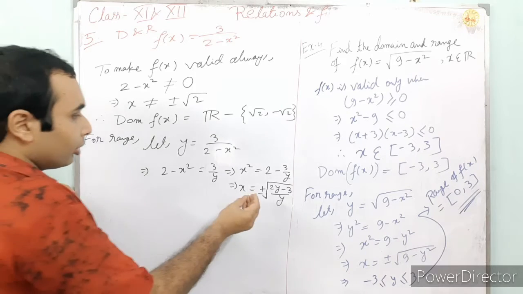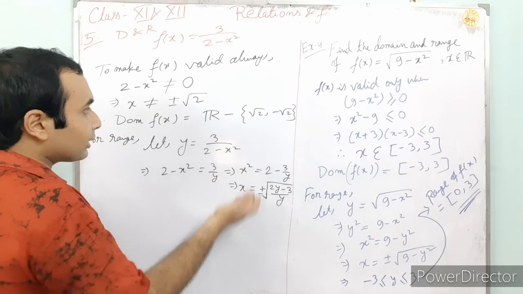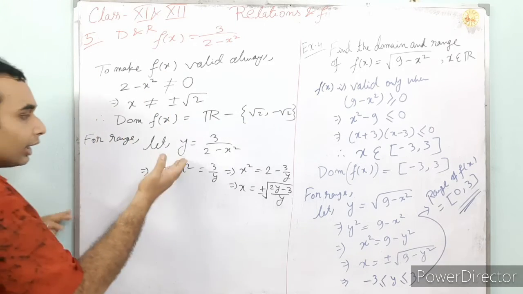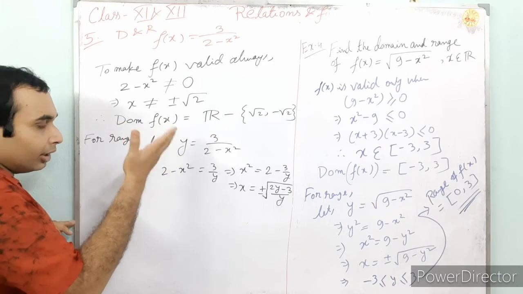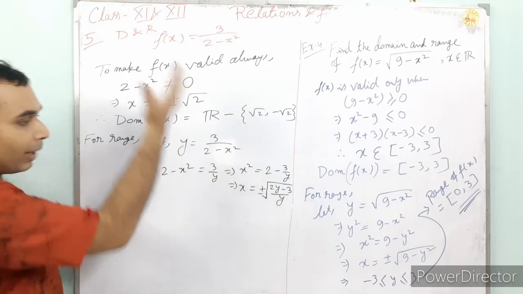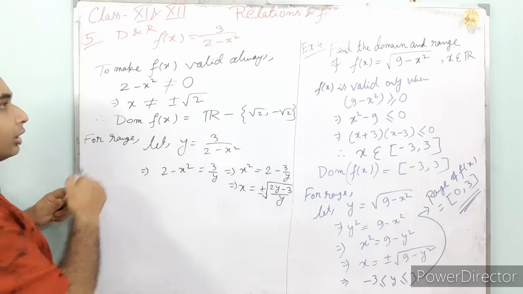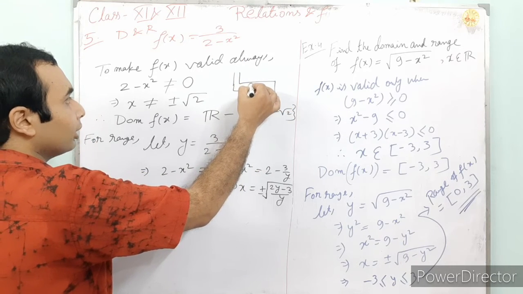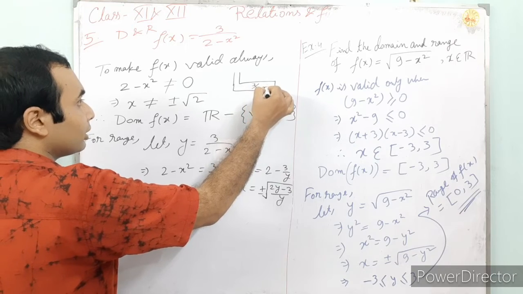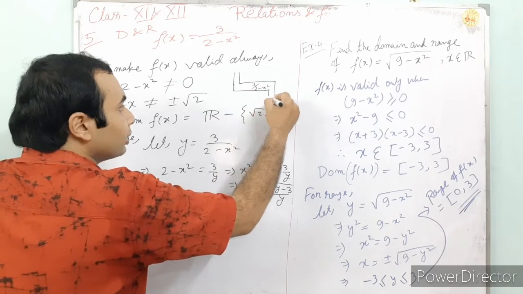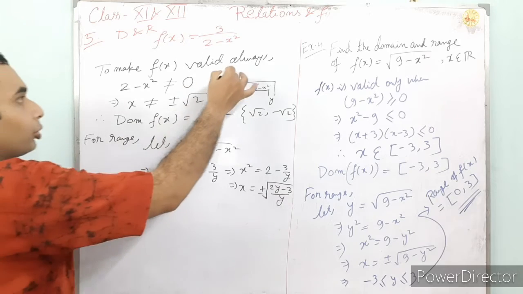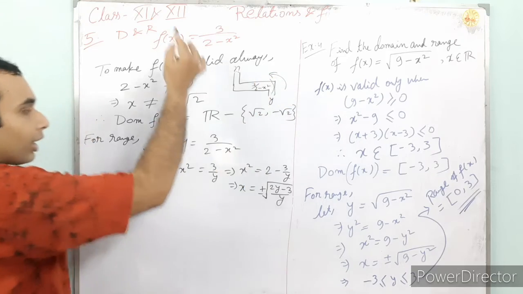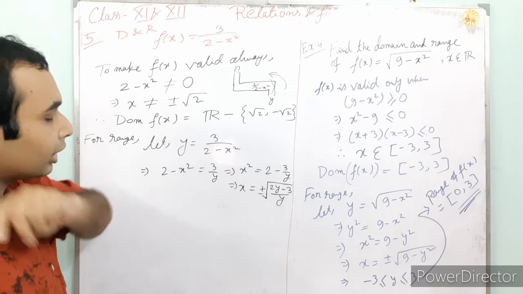Actually, what we are getting now? We are taking the x's from this part, that is the input. We are taking the output as y, and then we are just taking the back calculation, that is from where it is coming. If this is the machine concept, you know the machine. Here it is written 3 by 2 minus x square. So here we are getting some y. Now we have to reach here where it is. So that means we have to reverse the process, that is the back calculation, and from where it is coming we can see from here.